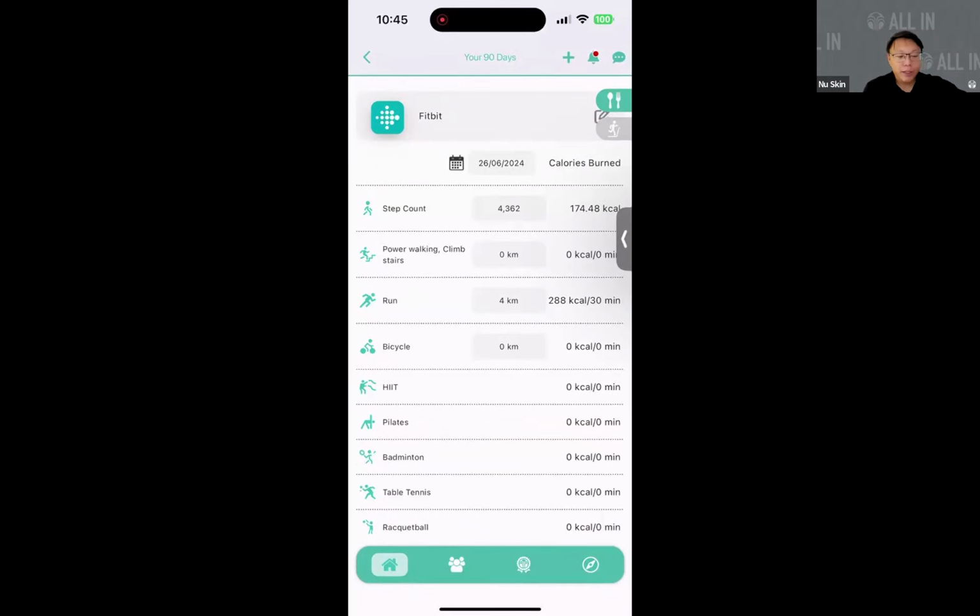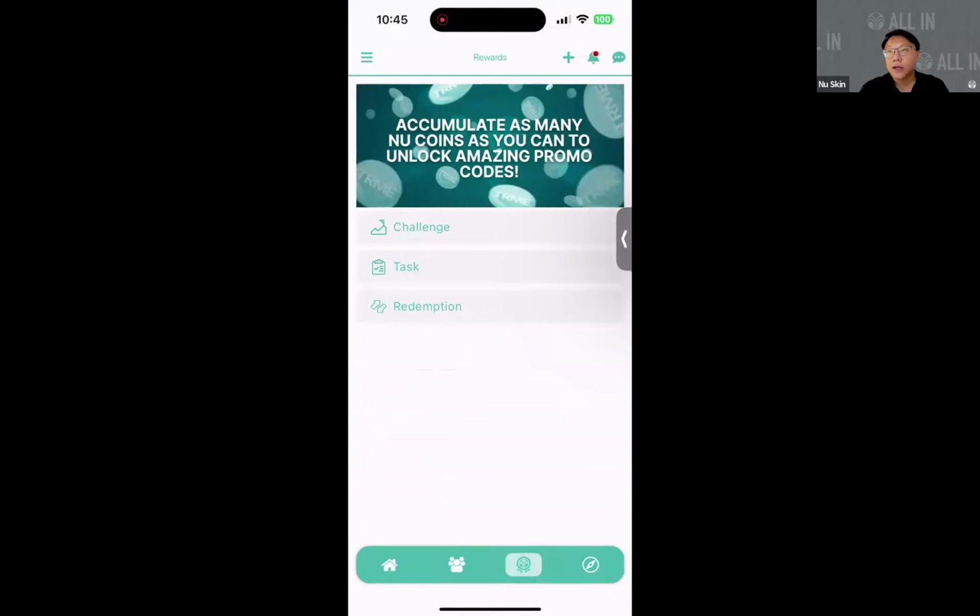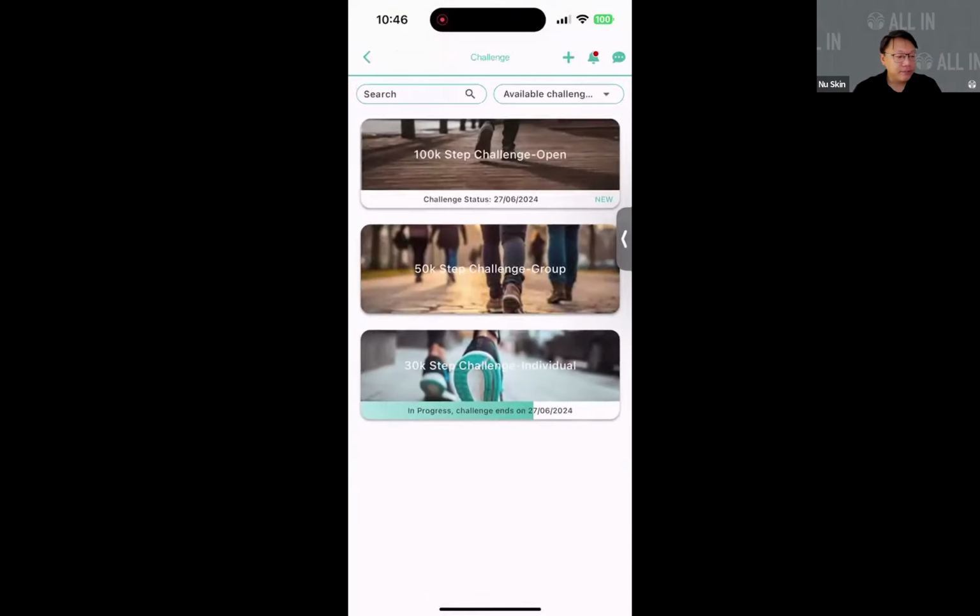Yeah, so this is intentionally programmed that way, because that leads to my next topic, which is the challenges. Okay, so in order to have a fair challenge, we cannot allow users to manually enter whichever data they want. All right, so we want to base it as much as possible on a fitness application for consistency. Okay, so now that leads on to the next one, which is challenge.